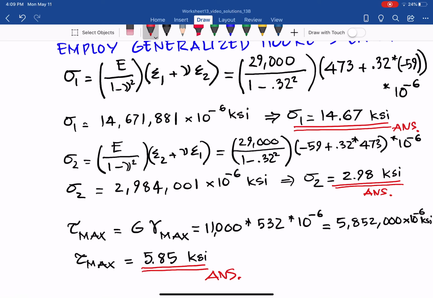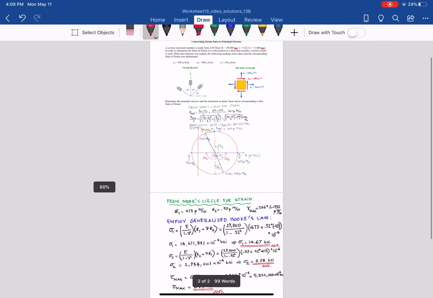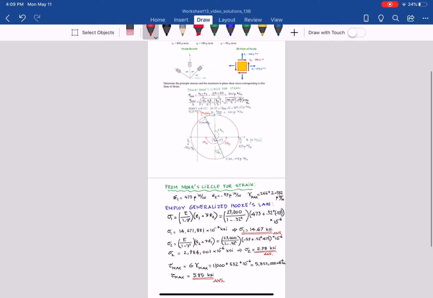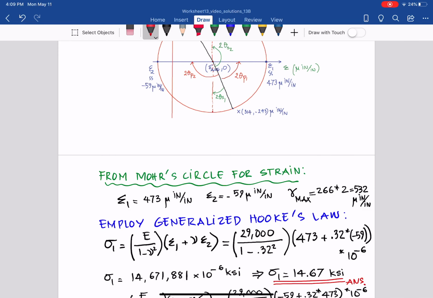And with that, we're done for this long problem, 13B, as you can see there. Okay, so we're done for this one. Move on to worksheet 13